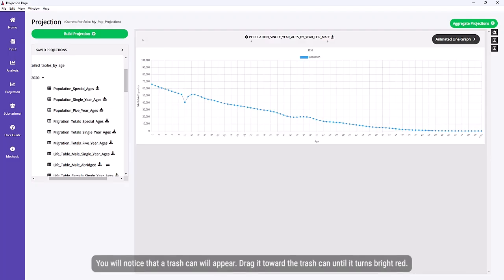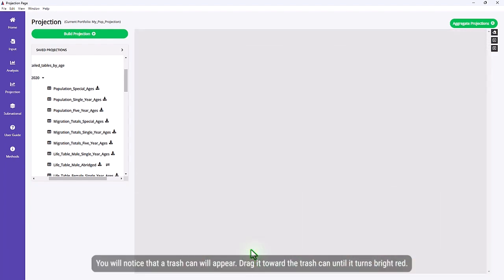You will notice that a trash can will appear. Drag it toward the trash can until it turns bright red. Click on